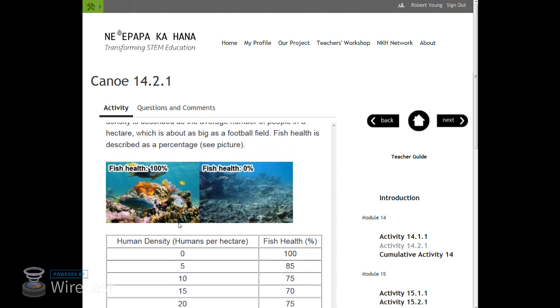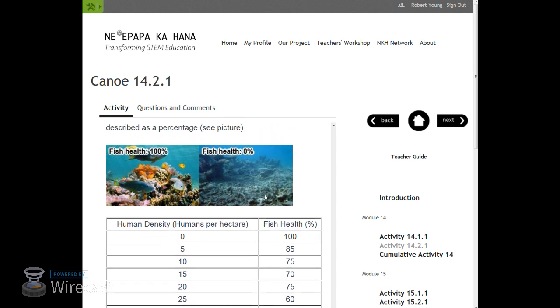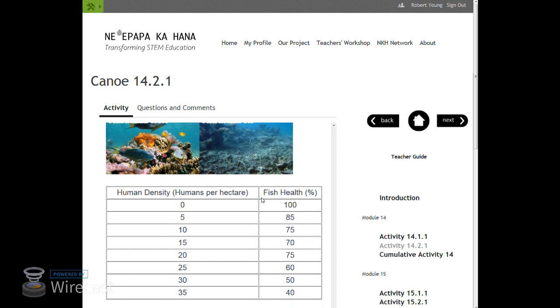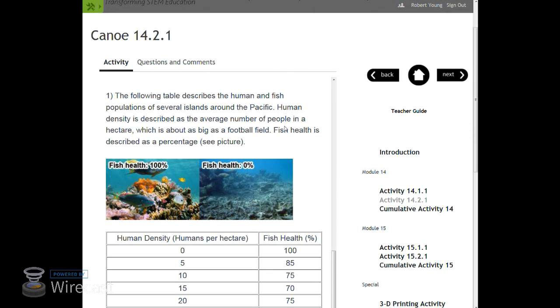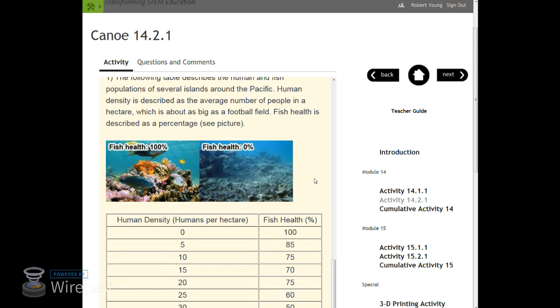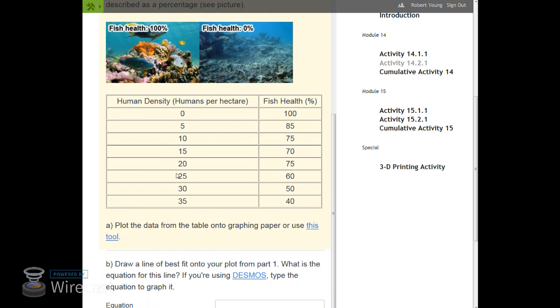Over here are some data that we have. 100% fish health, and 0% fish health, where the coral is dead and the fish are scarce. And over here is the density, humans per hectare, and we do explain that that's about as big as a football field. Then you can either do it the old school way with paper and pencil,